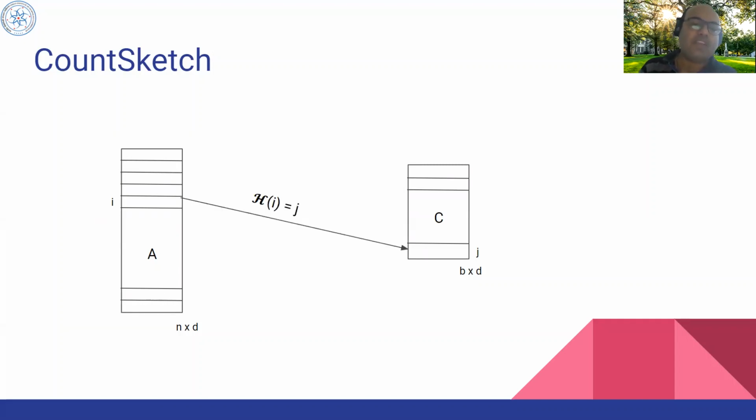For every index i from 1 to n, we hash it to some index j in 1 to b, such that the jth row of C is either added or subtracted by the ith row of A with equal probability. Now, once we put all these rows of A into some row in C, the resultant matrix C is such that it well approximates the norm of Ax for all x in the column space of A. This algorithm runs in input sparsity time. Also, the hashing is oblivious to the input data A.